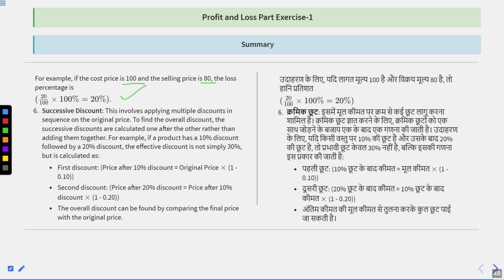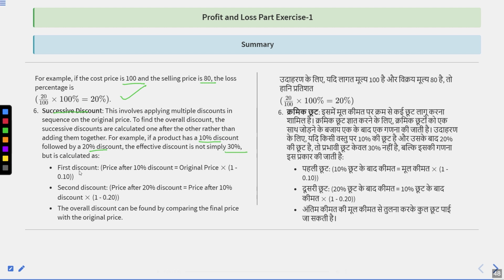Clear? What is successive discount? This involves applying multiple discounts in sequence to the original price. To find the overall discount, the successive discounts are calculated one after the other rather than adding them together. For example, if a product has a 10% discount followed by a 20% discount, the effective discount is not simply 30%, but